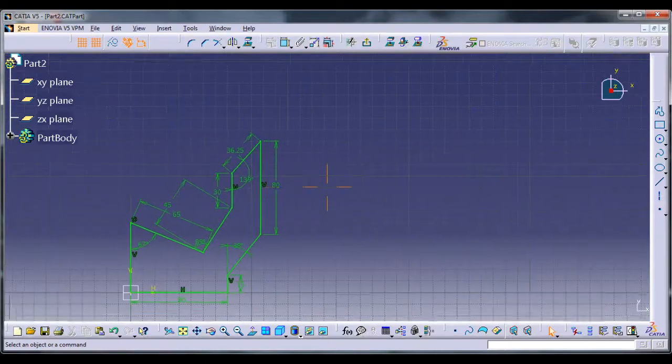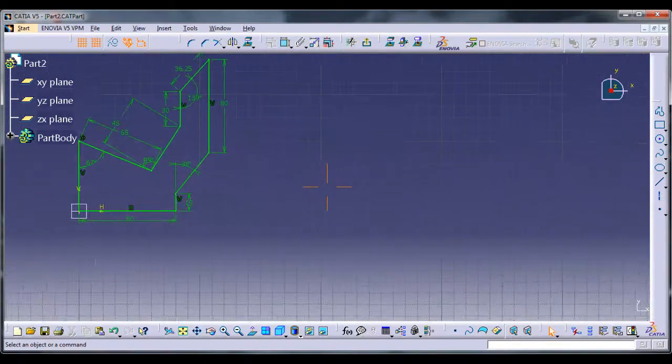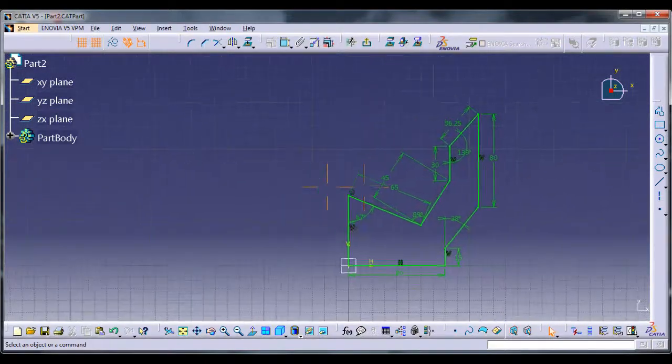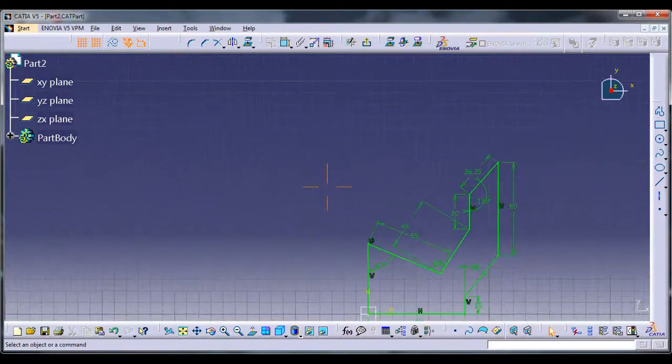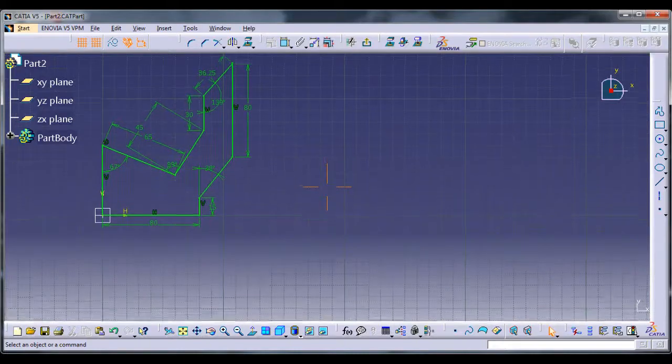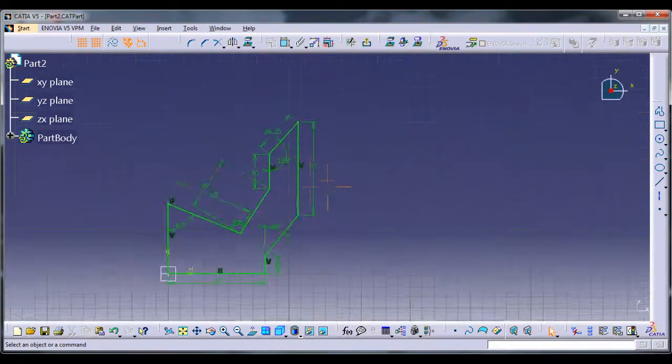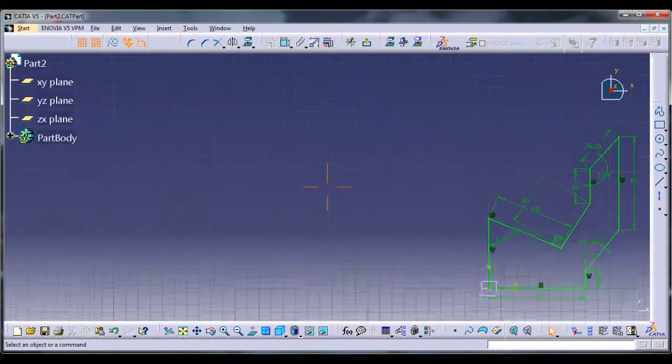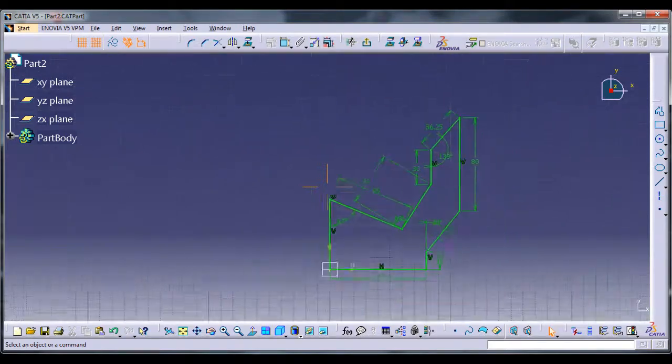Sketcher interface in CATIA has its own importance in designing any of the 3D parts. If a designer has a good understanding of different commands from the sketching interface, then it becomes relatively easy to design any complex geometry. In the further coming videos, we will be focusing more on 2D sketching, then we will be shifting to 3D modeling.